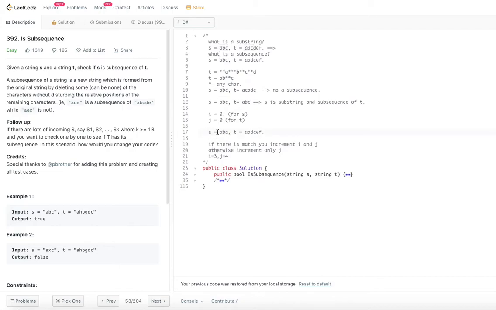So while your I is less than S's length and J is also less than T's length, you keep on doing this. Finally, when you are exiting that loop, your I should be equal to the length of S. So in this case, I is equal to 3 and S length is also 3.